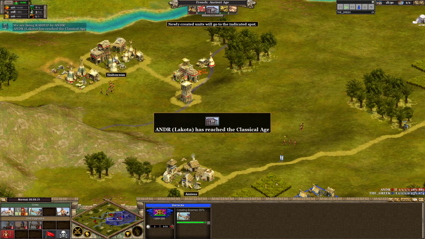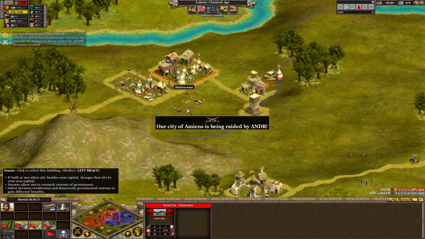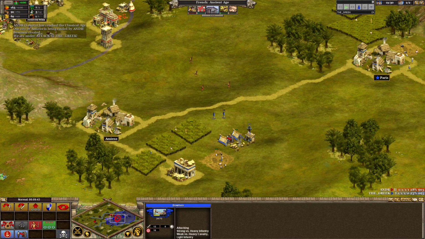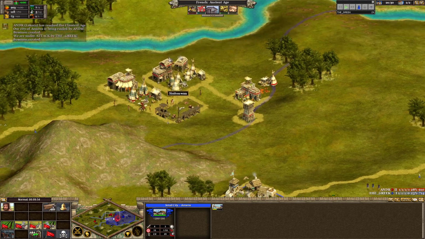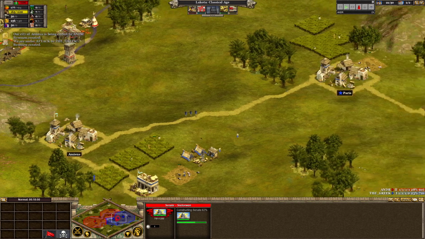Oh dear, already the Lakota player is in classical age. That means stable horses. I only have 1 archer here, very far behind. Wood is low, no science 1 research, and of course he feels very confident. He sees that he has stopped my economy,